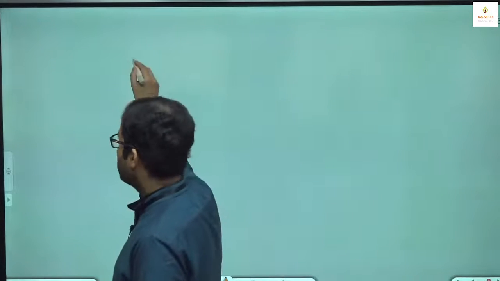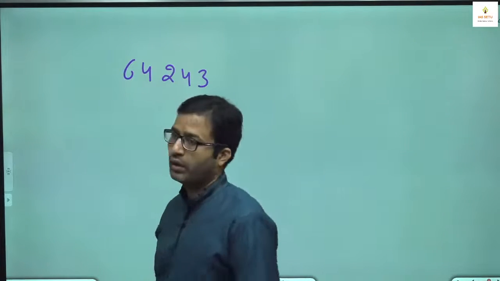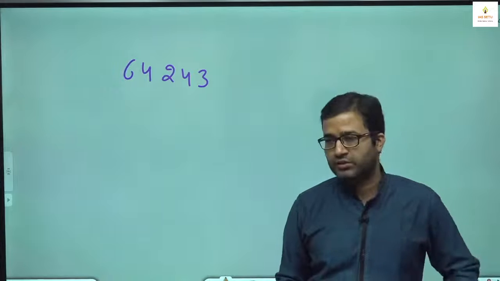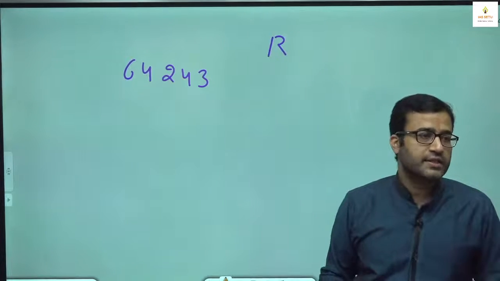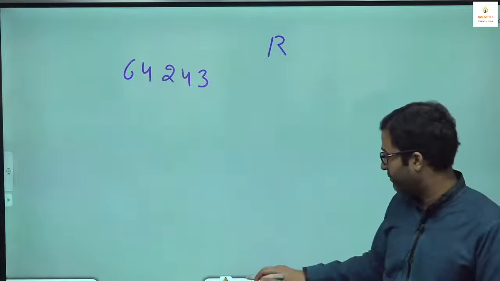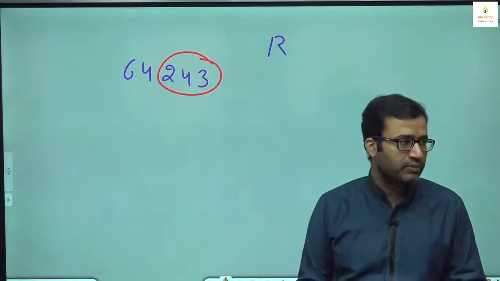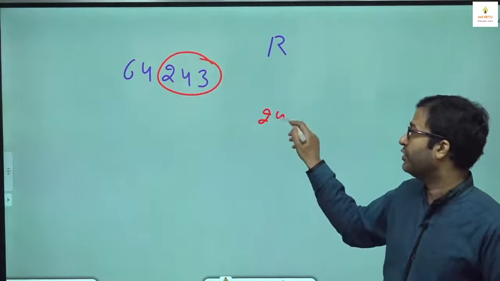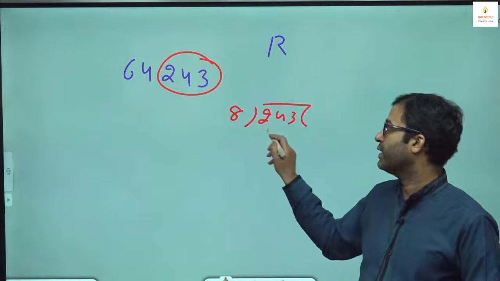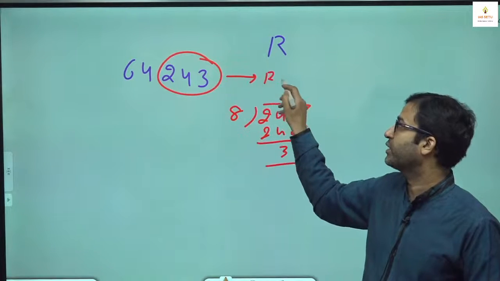Now for example, I take the number 64,243. If it is not divisible, then we need the remainder. So our concept is no need to check the complete number, we check only the last 3 digits, either it is divisible, or if not then it tells you the remainder. 243, if you divide by 8, your remainder is 3, so this complete number gives you remainder 3।